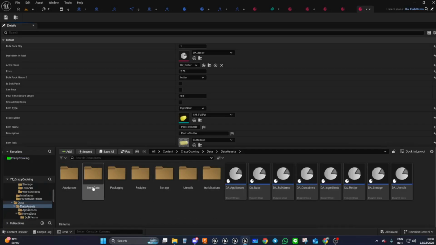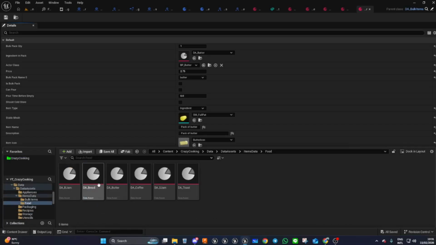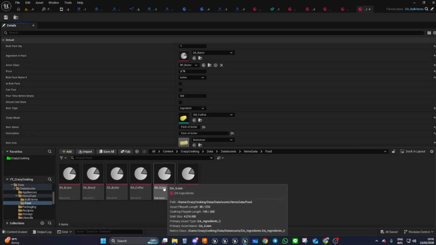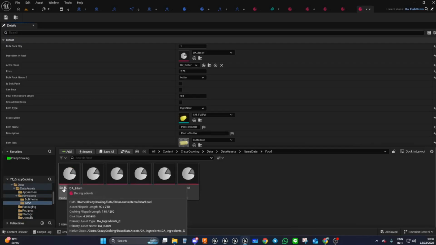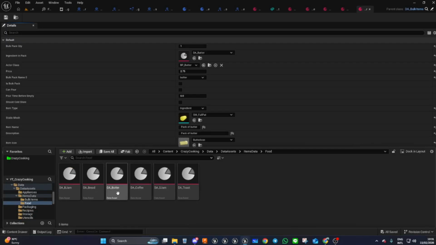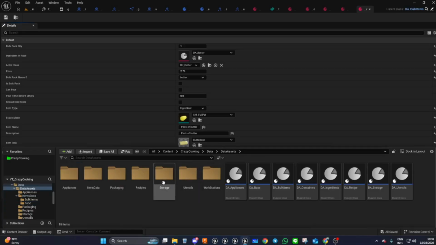You would have a data asset called jam, and I've just renamed it S jam or strawberry jam if you wanted to, and B jam for blueberry jam. Duplicated it. Now, the difference is, I also then went into my meshes,